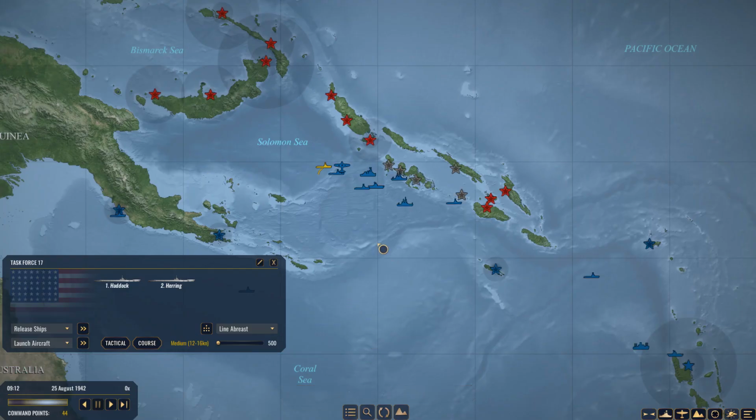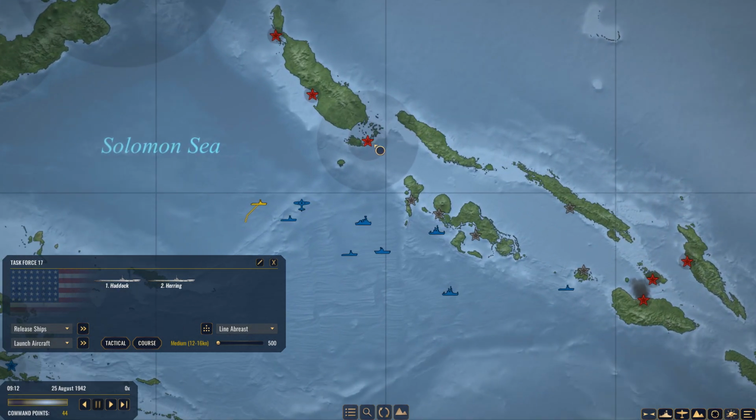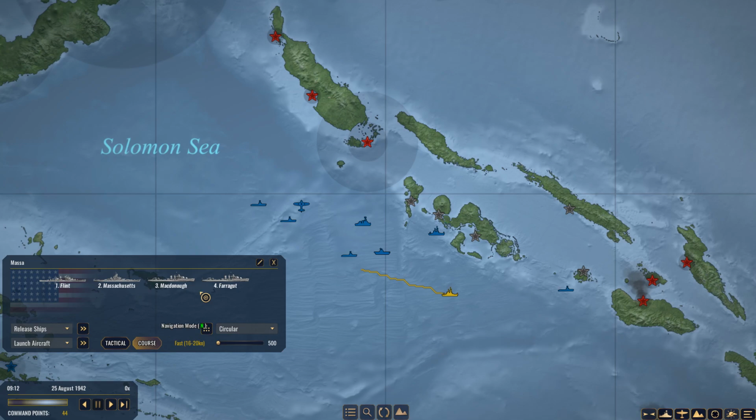Alright, well, this is where I'm going to leave you this episode. Next episode, we're going to continue hunting and finally get this airbase out of action. The Shortland Islands have been launching aircraft, at least that's my suspicion, for long enough. The Washington is going to make short work of that, and then the Massachusetts is going to take up position over there and intercept any further surface